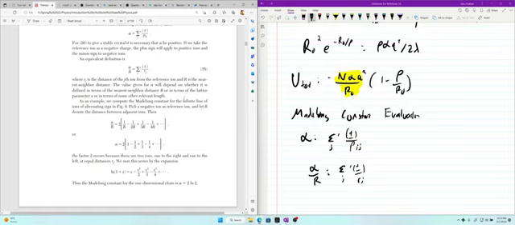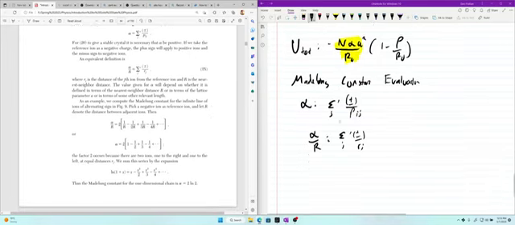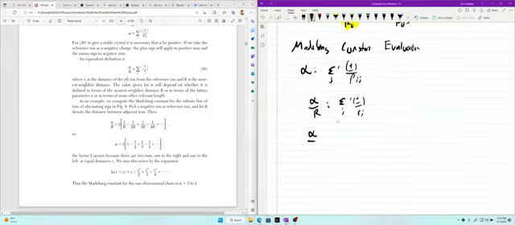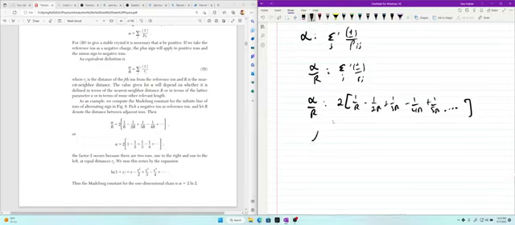As an example, we compute the Madelung constant for the infinite line. We're going to do it for this line right here. So we get alpha over r is equal to 2 times 1 over r minus, so we alternate, 1 over 2r plus 1 over 3r minus 1 over 4r plus 1 over 5r, and so on. Or alpha is equal to 2 times 1 minus 1/2 plus 1/3 minus 1/4 plus... Well, this is like a sum, and you might think it looks familiar, and that's because